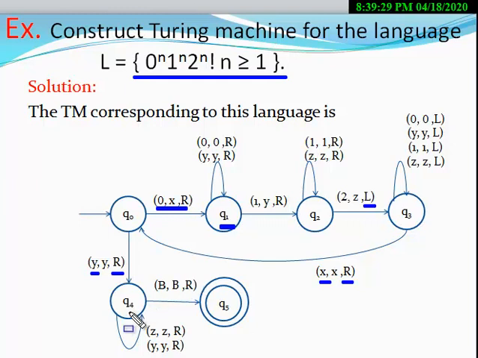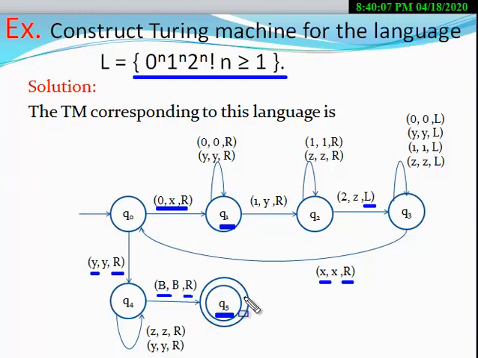As soon as at state Q4 the machine finds the blank symbol, the machine moves to the Q5 state, and the head also moves to the right. Clearly Q5 is a final state, therefore the machine halts at the final state, because there is no rule defined at Q5, the final state. It means the machine halts at this state.